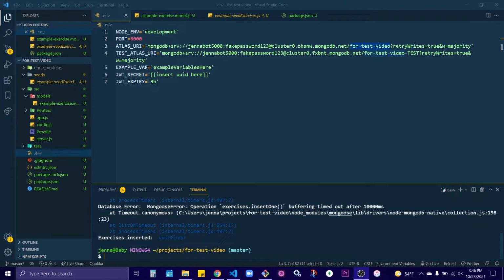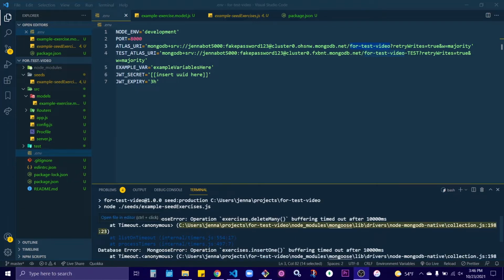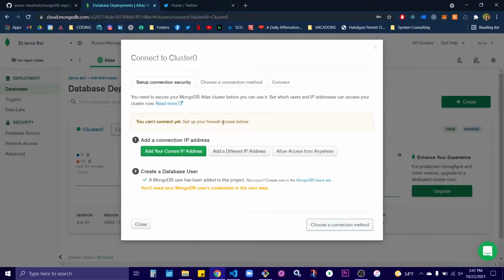Okay, so I am not going to edit this video when I'm debugging because I think it's a good way to show the process. So I did get an error when I tried to seed this, and it says it's because the buffering timed out, which tells me that it has something to do with either our URL here or that our database just isn't letting us connect with it. And when I looked here, I actually saw that I